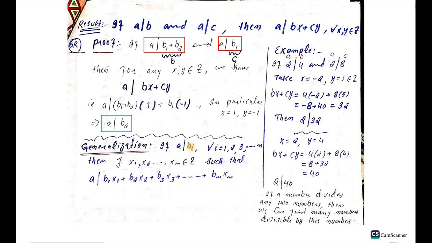अब यहाँ पे क्या है, जनरलाइजेशन है कि अगर a bi को divide कर रहा हो जबकि i का मतलब है 1 up to n, यानी a divides b1, a divides b2, a divides bn, then there are integers x1, x2 up to xn such that a will divide b1x1 plus b2x2 up to bnxn। तो ये हमारे पास जो रिजल्ट है इसका जनरलाइजेशन है। यहाँ पे जो रिजल्ट हमने यूज़ किया, यहाँ पे प्रूफ के लिए हमने इसी रिजल्ट को प्रूव किया और इसी रिजल्ट का ये वाला जनरलाइजेशन है।